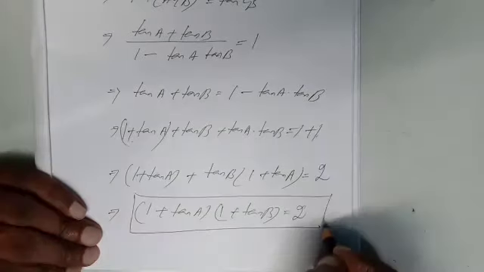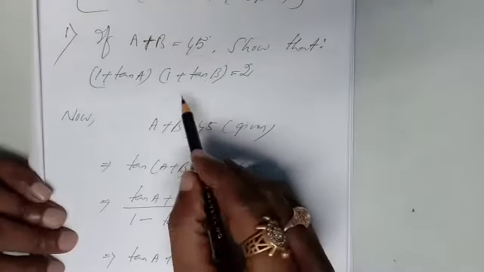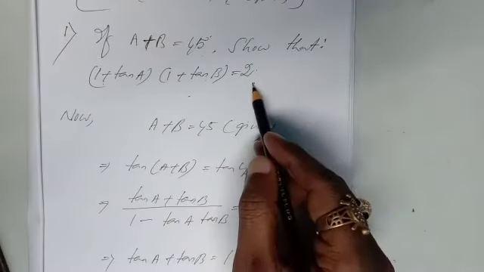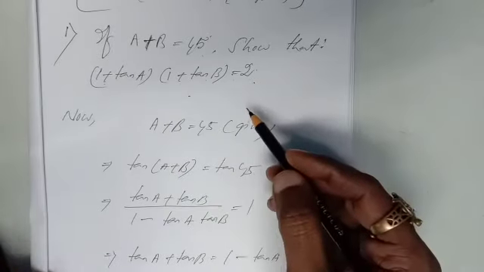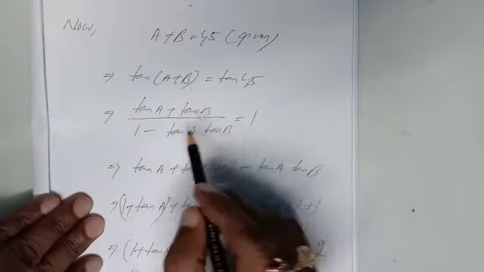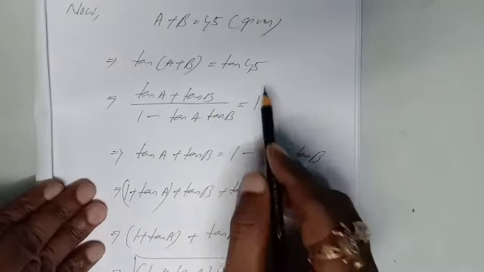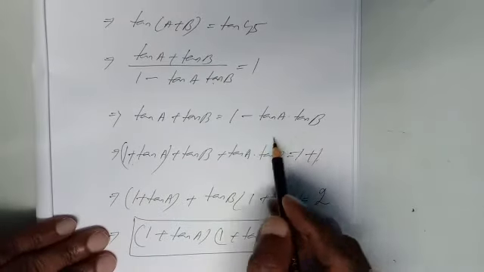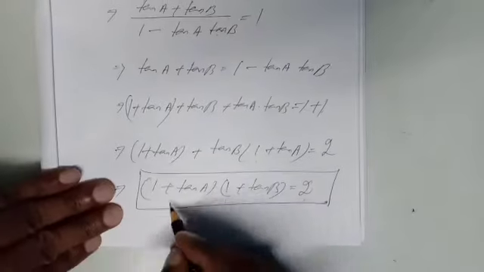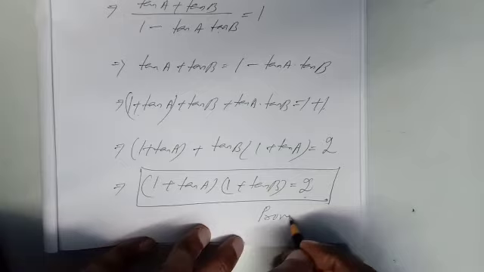What is given in the question? Given a plus b is equal to 45 degree, and you have to prove (1 plus tan a) whole into (1 plus tan b) is equal to 2. Very important question. Using the compound angle of trigonometry, you have to prove it. A plus b given 45 degree, taking tan both sides, applying the tan (a plus b) compound angle formula, that is tan a plus tan b by 1 minus tan a into tan b. Tan 45 degree table value is 1. After cross multiplication, getting this one. Now just arrange properly, adding 1 both sides, you will get the result (1 plus tan a) whole into (1 plus tan b) is equal to 2. Okay, let us go to the next number.